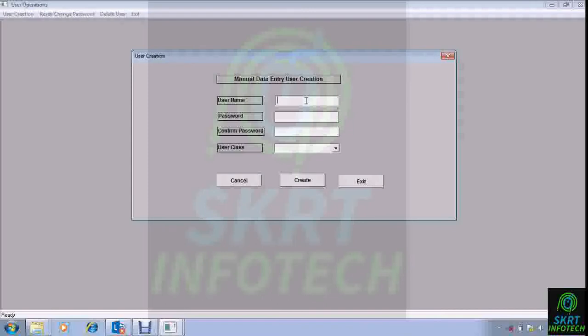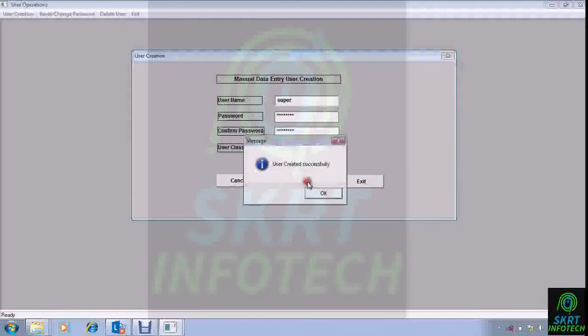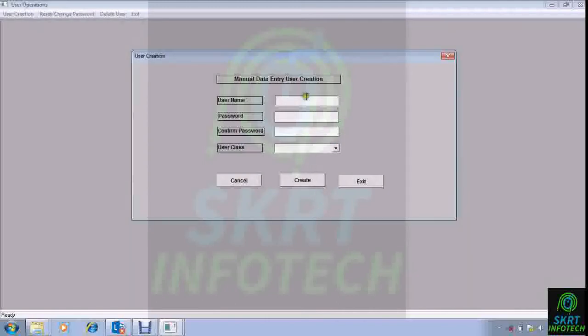So what we do is we'll give one super user password, give some easy password, and then user class is data entry. I'll click yes. Okay. Next I'll create a counter user.